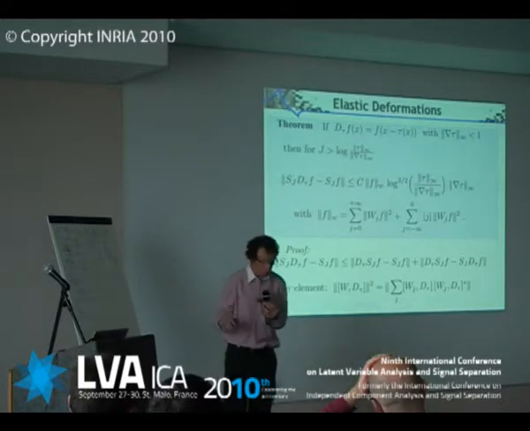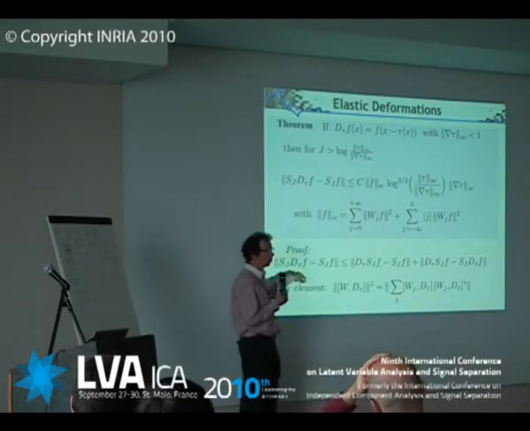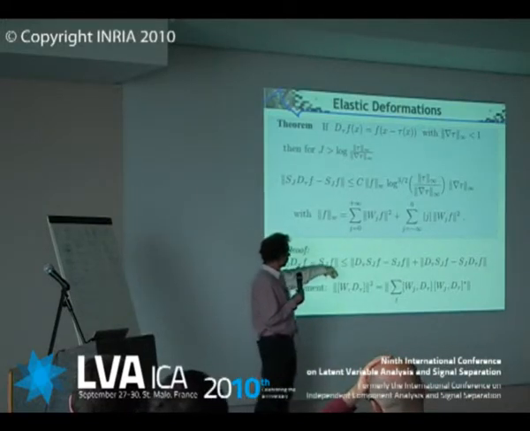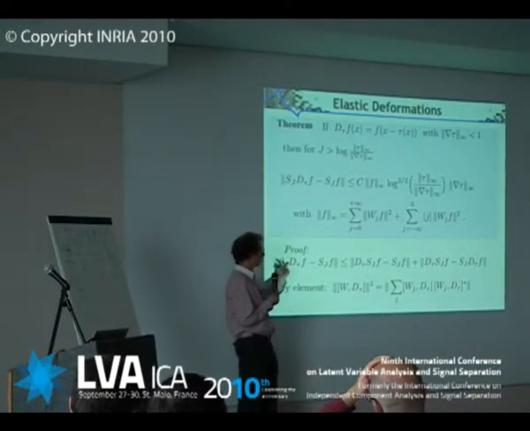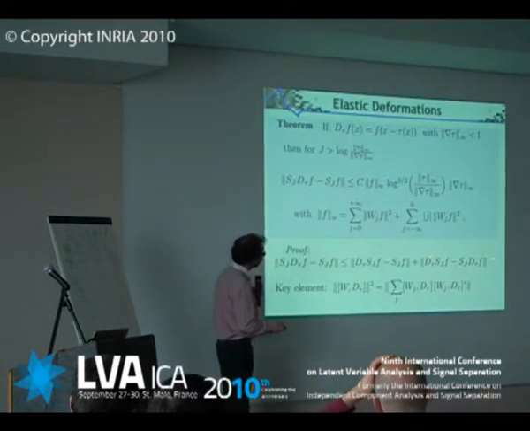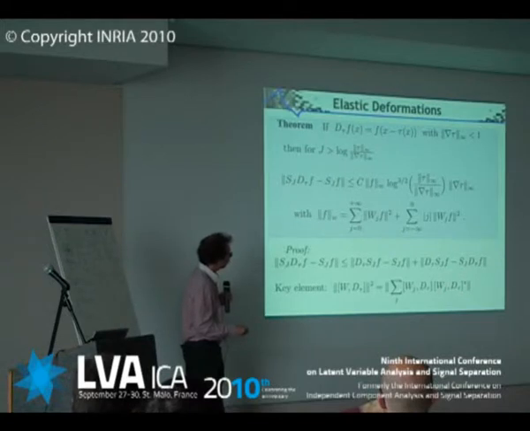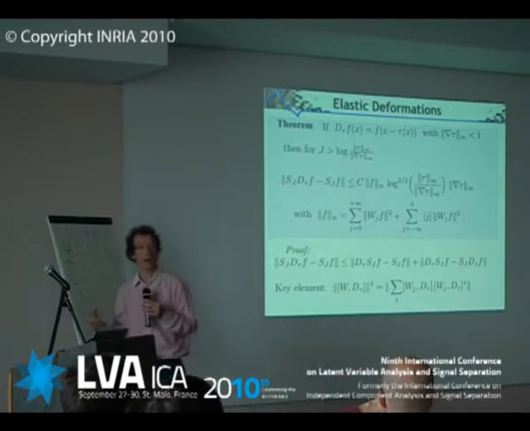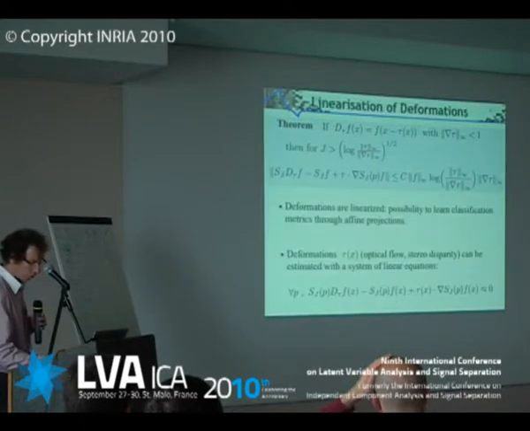And the proof goes as follows. If you look at the distance between the deformed signal transformed and the original signal transformed, what you'd like is to invert these two operators. If you invert these two operators, then you get this first term, and you get a second term, which is the error when you inverted the two operators. In other words, you get the commutator. And the key issue in all these things is to compute the commutator. And the commutator here is a singular operator, but it is bounded. You do the calculations, and that's how you get this type of result.